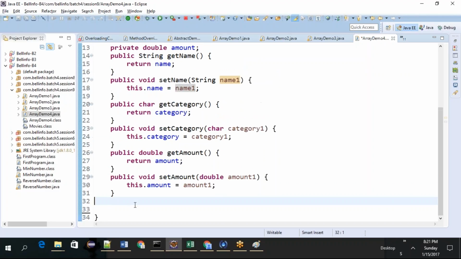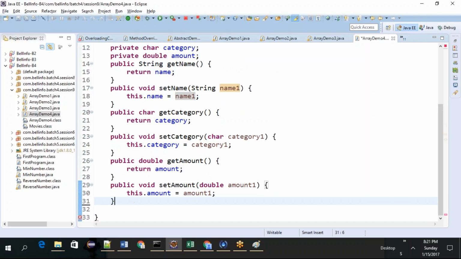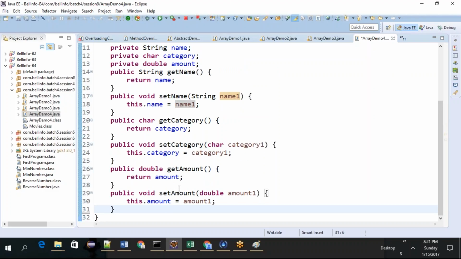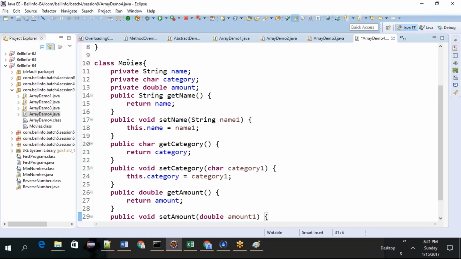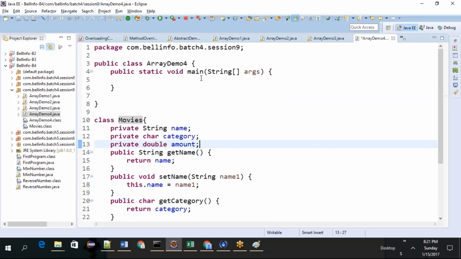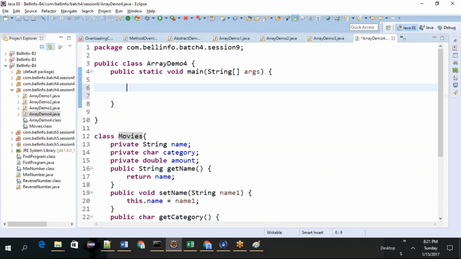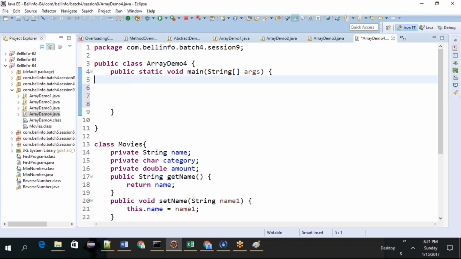Okay, so now we have a class called movies with name and category, and now you want to hold five to six movies, or you don't know how many, and you want to give the user that option. The user can define the number of movies as well. So what can we do? The simple way: first thing we need is